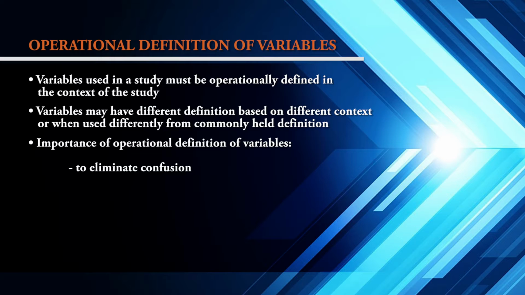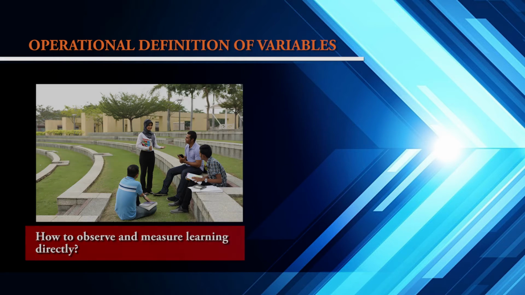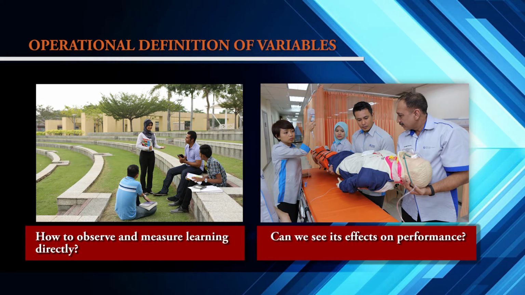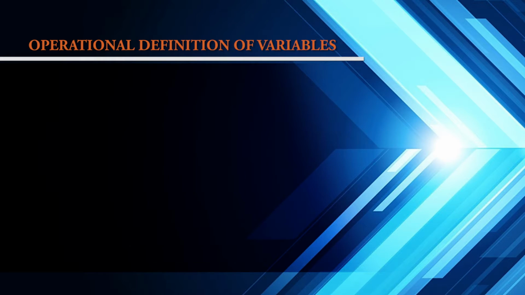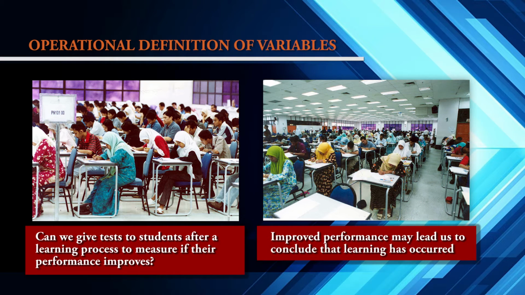Variables need to be operationally defined to facilitate measurement. Not all variables are directly observable, thus they cannot be measured directly. For instance, we cannot observe and measure learning directly, but we can see its effect on performance. So if we give a test to students after a learning process and their performance improves, we conclude that learning